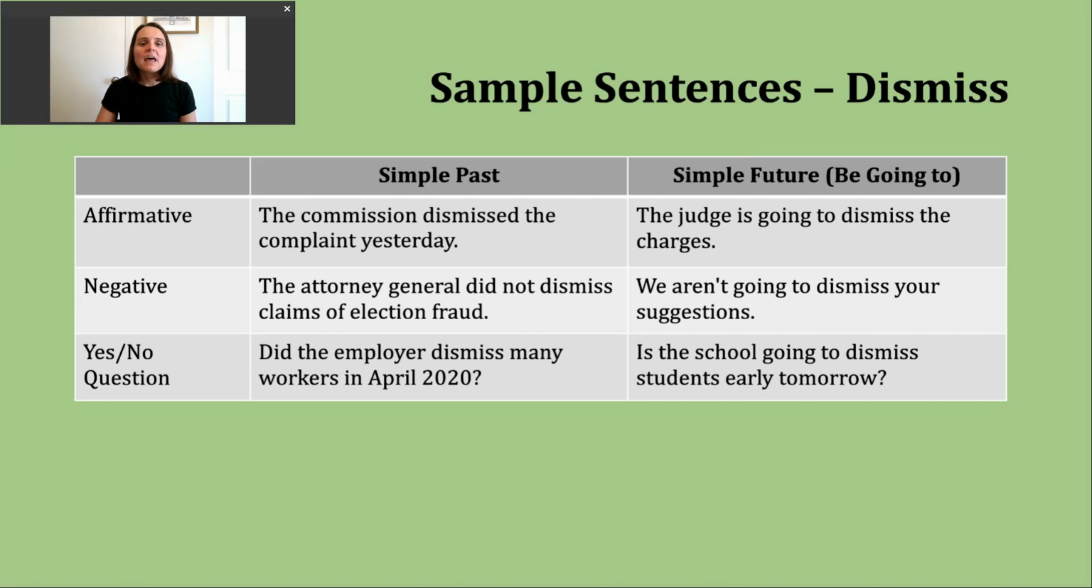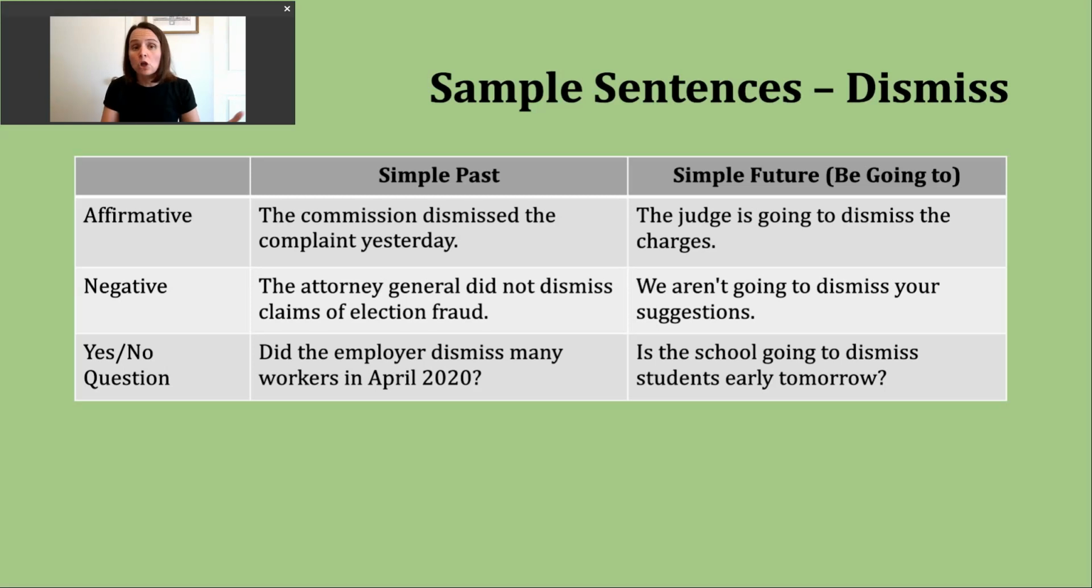You can see that here. The commission dismissed the complaint yesterday. So this particular sentence is connecting back to that fifth definition we looked at, kind of having a judicial or legal refusal to hear a case. Here it could be maybe a refusal to investigate a complaint or hear evidence that maybe someone has broken a